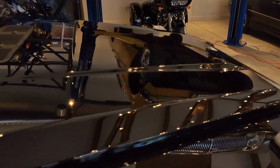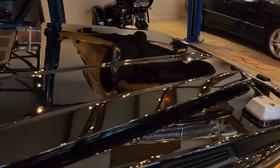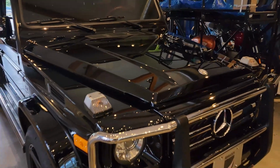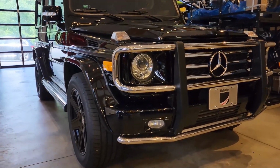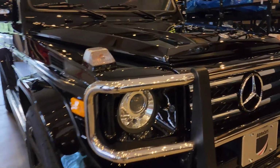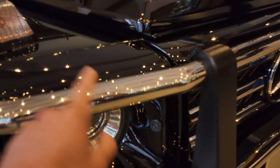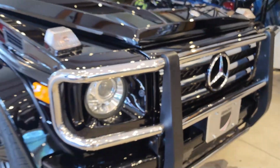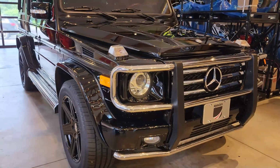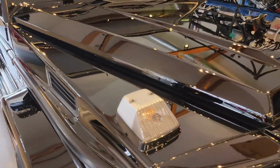Now with that ceramic really boosting the gloss and the depth of the rest of the paint, it's really hard to tell where that paint protection film starts and ends. Really the perfect combo doing that paint protection film with the ceramic on the rest of the surfaces. The ceramic's also been applied to the chrome on things like the bull bar here and the front of the grille. Really, it's been applied to any surface that will accept it, which is pretty much all exterior surfaces,